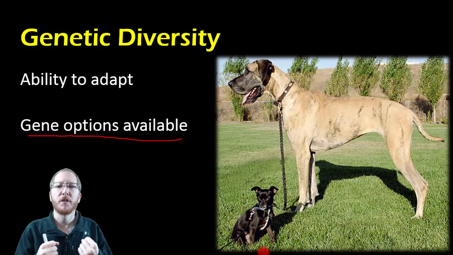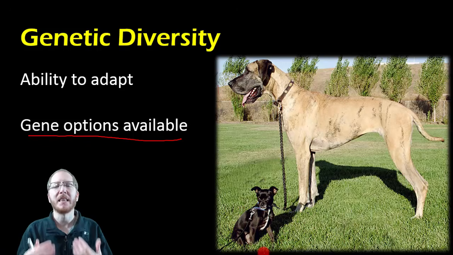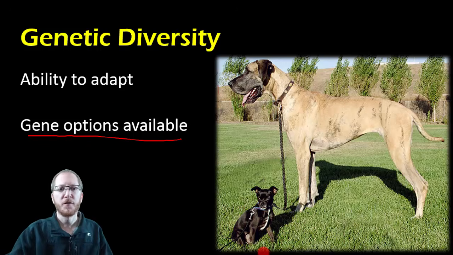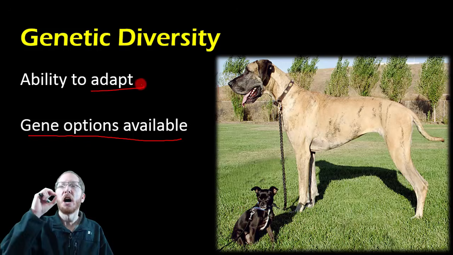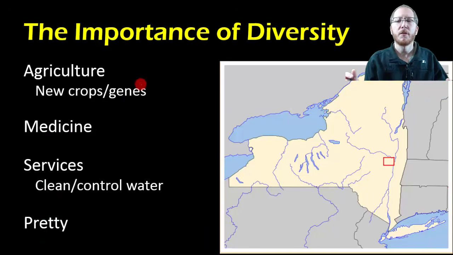If they don't have a lot of genetic diversity, they don't have many options to change with the changing environment, and that can lead to extinction. So genetic diversity is a huge thing when we're talking about this idea of adaptability, of persistence of a species throughout time. Now, the last thing that we want to really discuss in 5.1 is, why do we care?